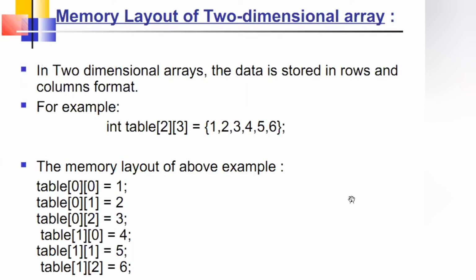The memory layout of a two-dimensional array. In a two-dimensional array, the data is stored in rows and column format. For example, int table[2][3] = {1, 2, 3, 4, 5, 6}. The memory layout of the above example is table[0][0] = 1, table[0][1] = 2, table[0][2] = 3, table[1][0] = 4, table[1][1] = 5, and table[1][2] equals